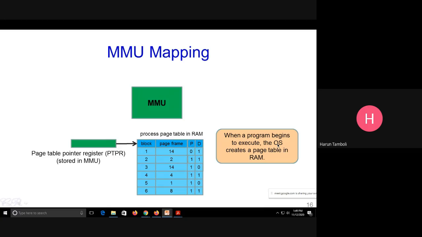Along with the page table, one register is required, the page table pointer register, also called the page table base register, which provides the starting location of the page table. That means whenever the processor generates any